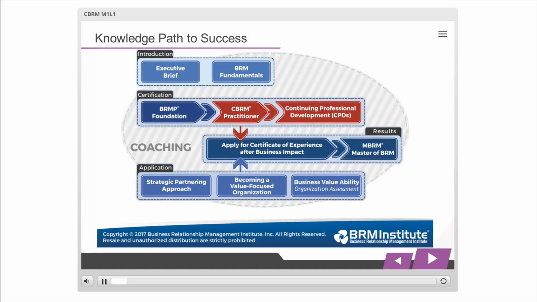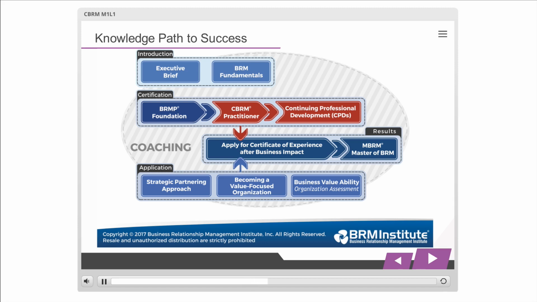On your screen, you can see the BRM Knowledge Path to Success. The Knowledge Path to Success enables you to see where you are on your learning path. You have completed the BRMP Foundation course and are now on the path to be a CBRM practitioner. You can also see the paths you can take after this course, for example, continuing professional development or applying for